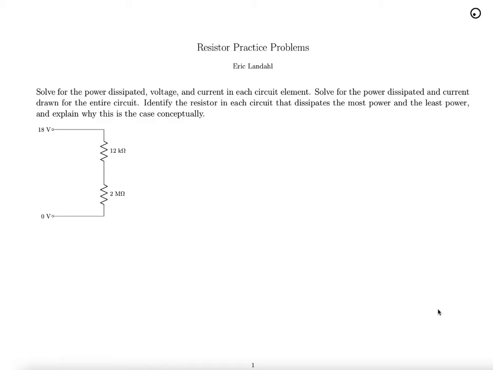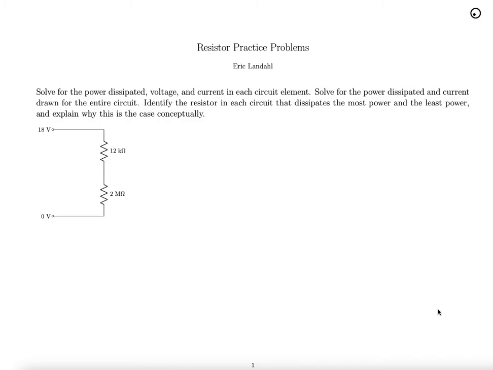We're doing some resistor practice problems today. To do these problems, you need to know about Ohm's law, the basic rules for adding resistors in series and in parallel, as well as the concept of Thevenin resistance. I won't be doing any problems which require the use explicitly of Kirchhoff's voltage or current laws or other more